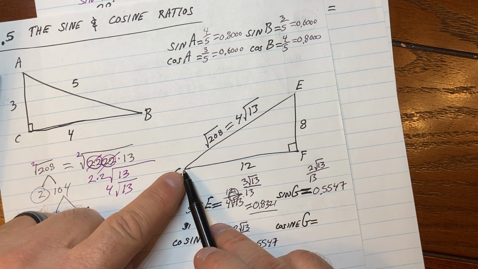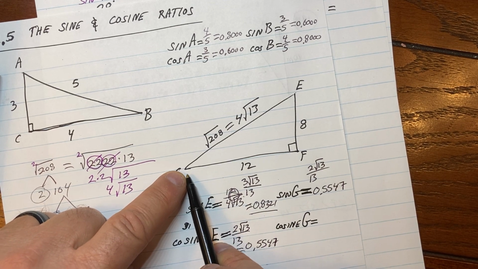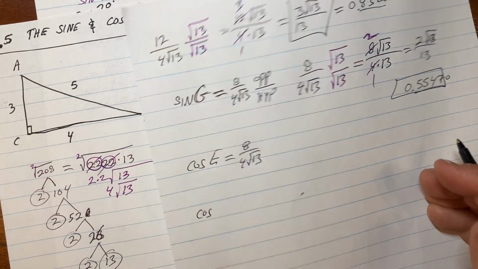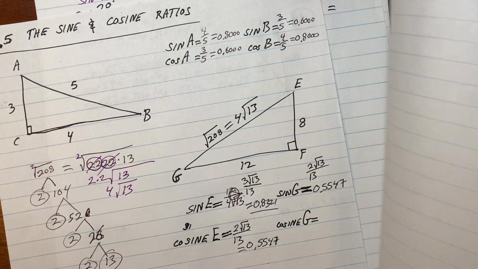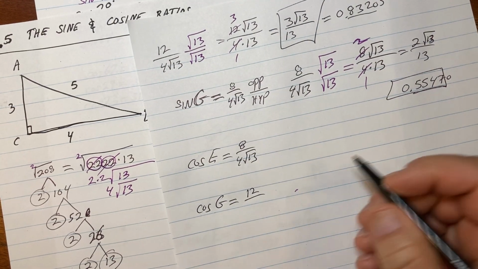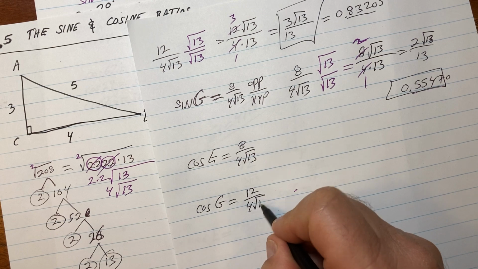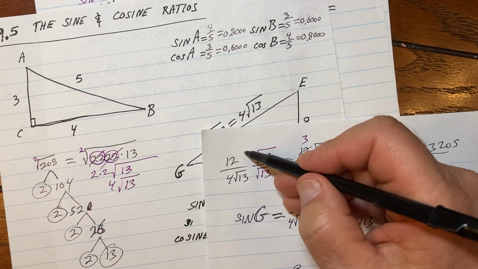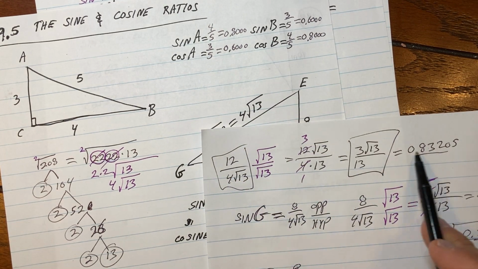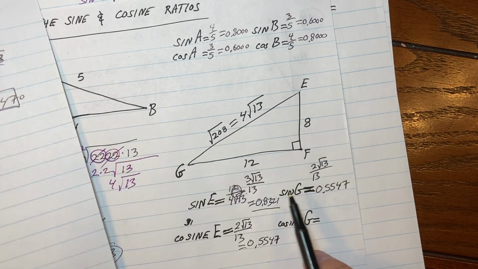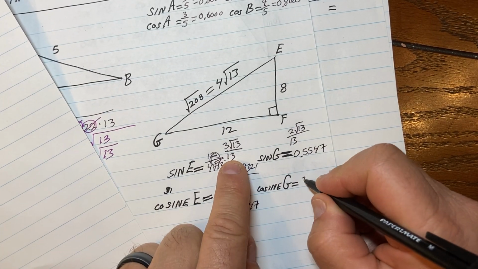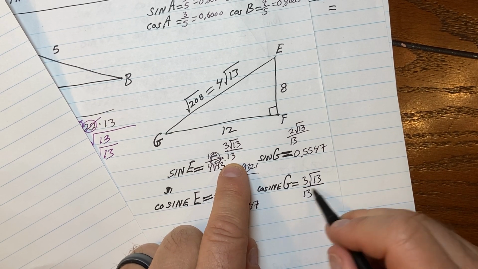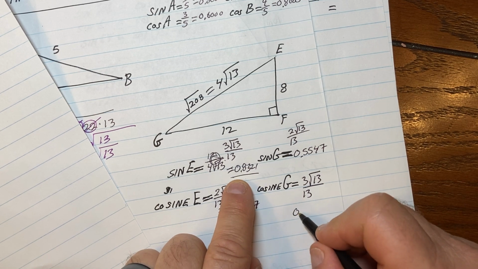Cosine of G is adjacent over hypotenuse. That's your adjacent. Cosine of G is going to be 12 divided by 4 root 13. And 12 divided by 4 root 13, we could do all that stuff, but didn't we just do that right over here? Yes. There's our answer. 3 root 13 divided by 13. As a decimal, it's